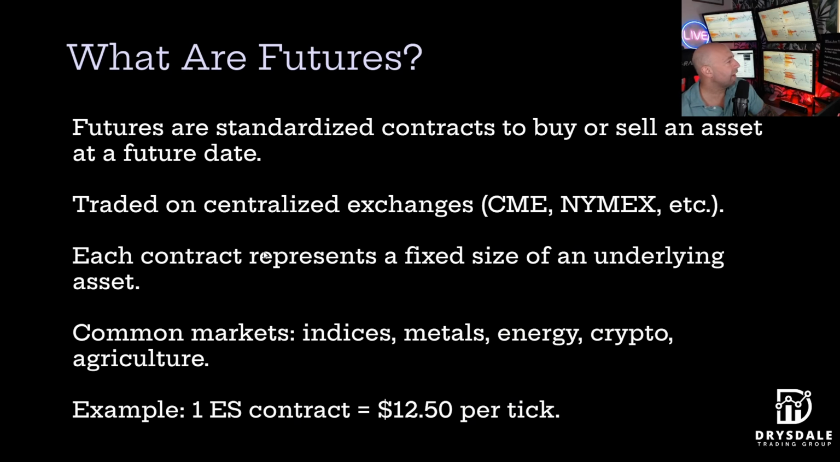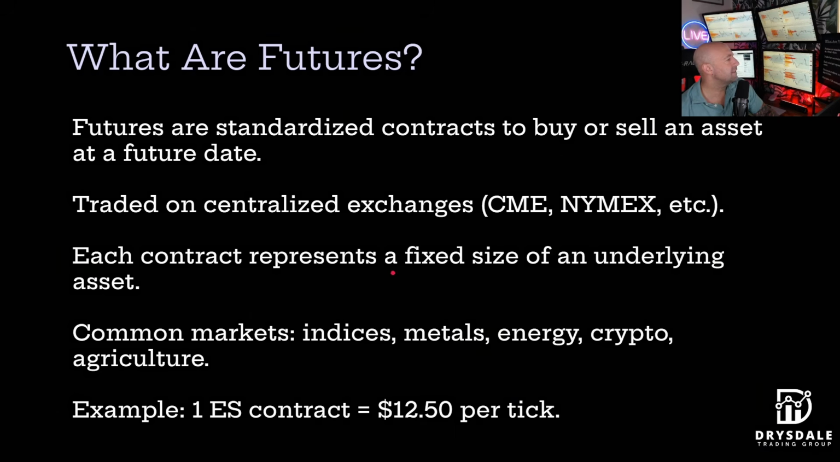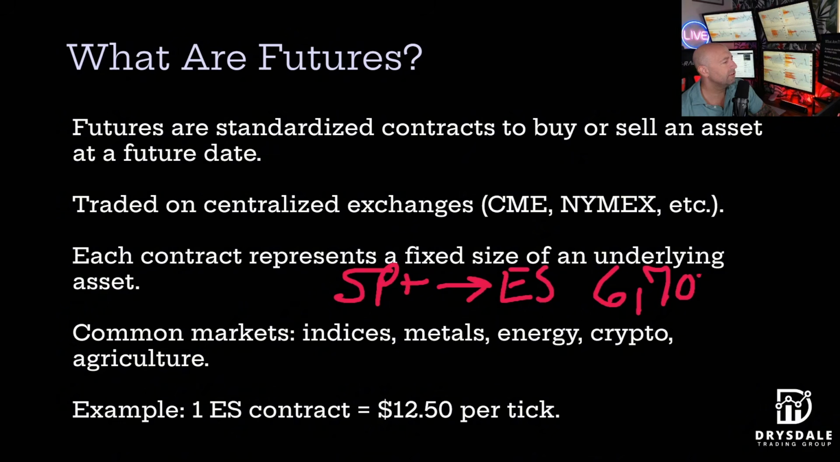So each contract represents a fixed size of an underlying asset. What does that mean? If you have the S&P 500, this is the ES contract. We trade ES, and let's say ES is at $6,700, and there are 4 ticks in